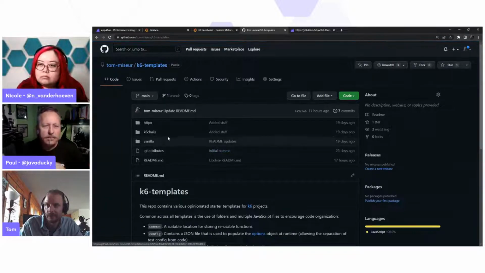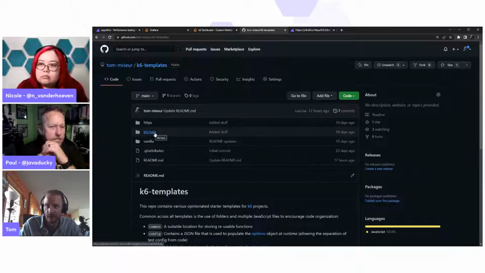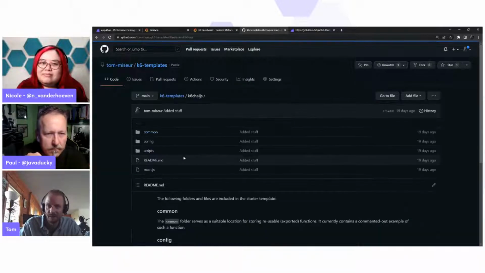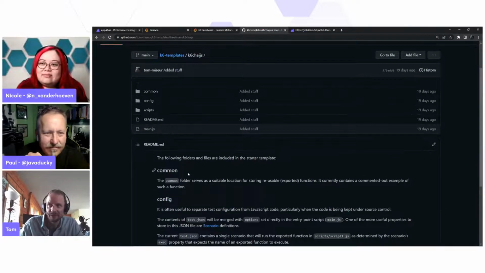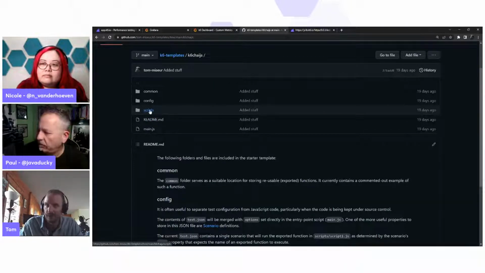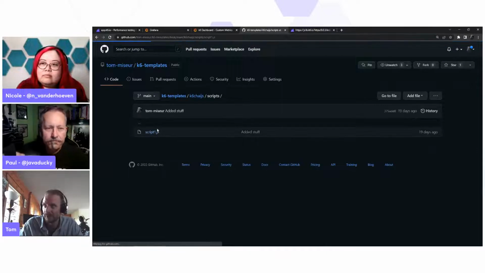And the last one, which is sort of a hot off the press library that we've got, K6chai.js, again, something our CTO has been working on. It provides a different way of performing response validations that is maybe a bit more familiar to those coming from the automated functional testing world. So if I just show the script for that,